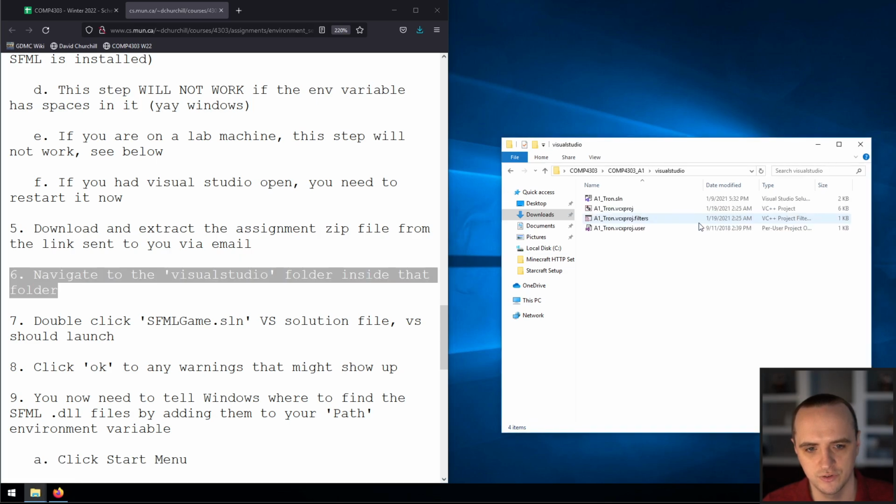All right, let's go to Visual Studio. And now we see here we have a solution file, a VCX proj file, a filters file, and a users file. So Visual Studio uses things called solutions. So the solution can contain multiple projects. For this course,